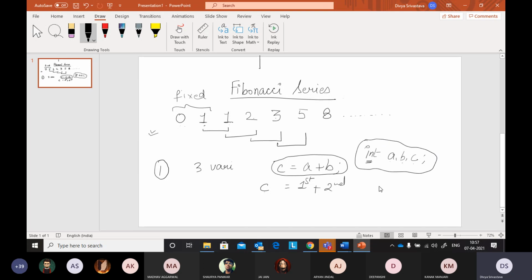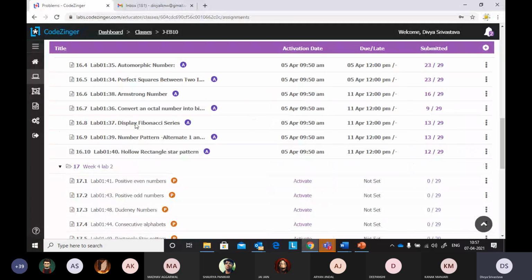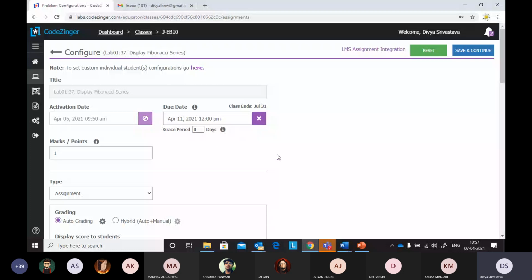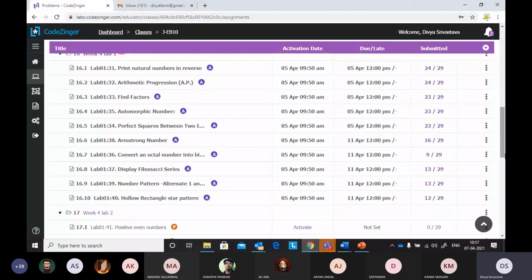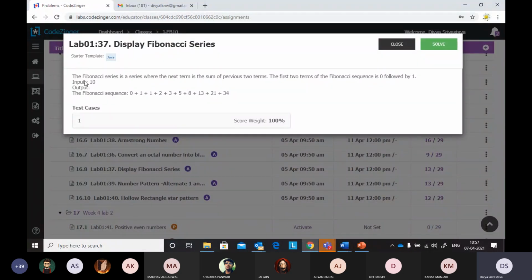Now the third thing. If your program says print the Fibonacci series till n elements, let us see the details of this question. If your question says the Fibonacci series is a series where the next term is the sum of the previous two terms, followed by 0 and 1, it means in this question it is fixed that 10 numbers are to be printed.